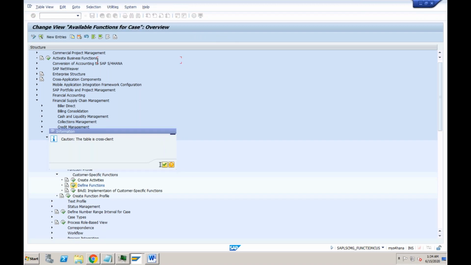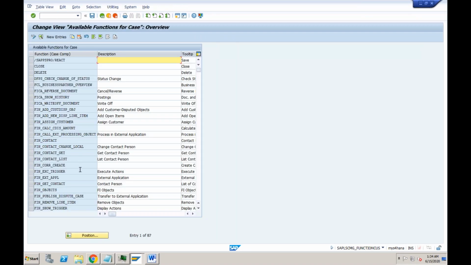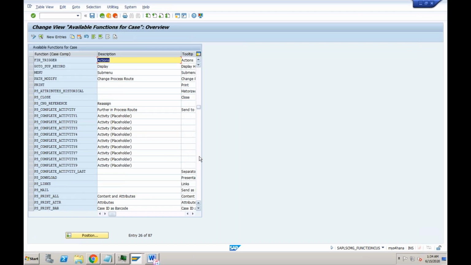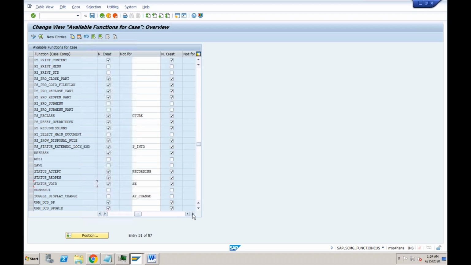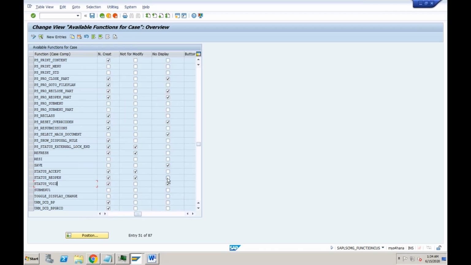So here if you go, for void, status void, this is where you need to tick or untick. So you can say for void also, I don't want to show this at the time of modification, which is actually wrong, because at the time of modification, if you want to void a particular case, it should be allowed. But just for testing purposes, I'm trying to save it.